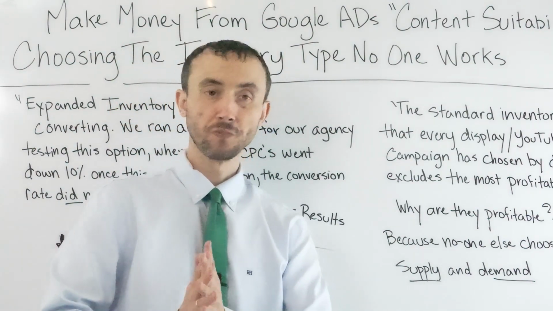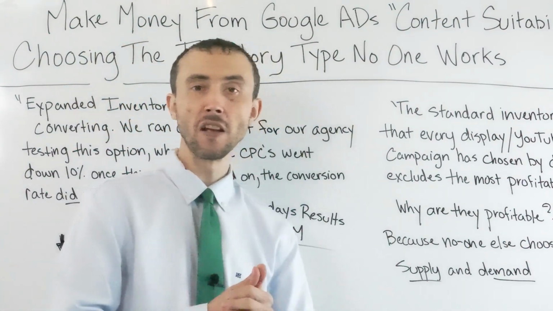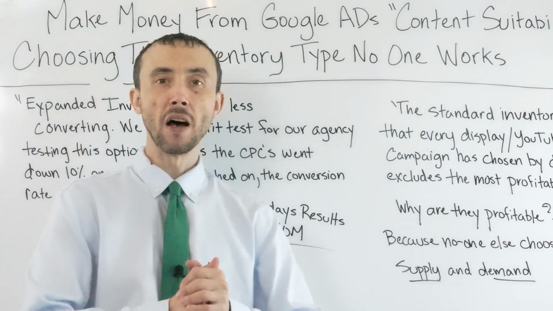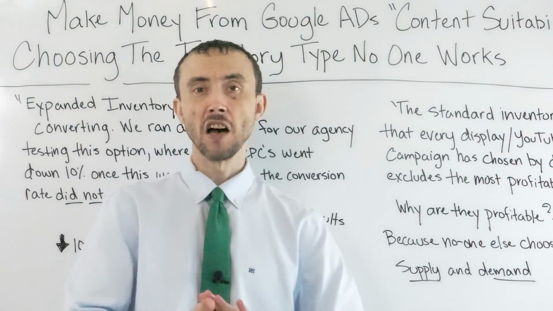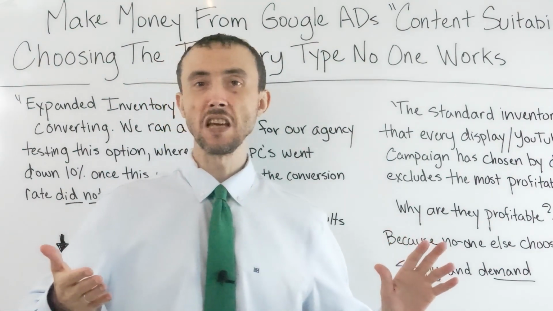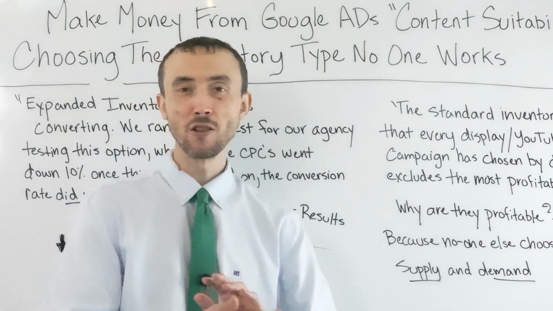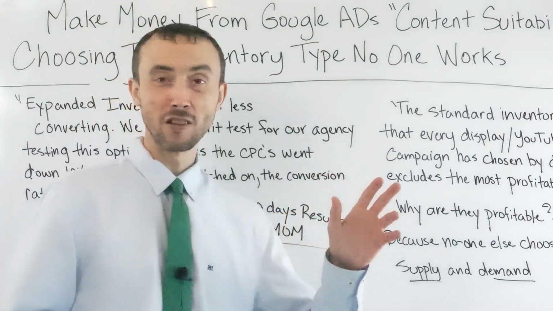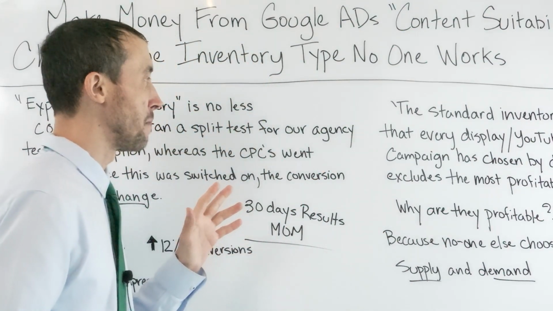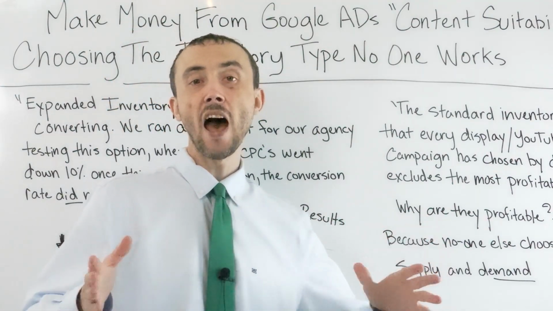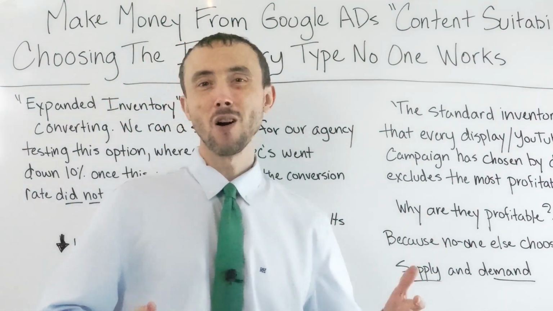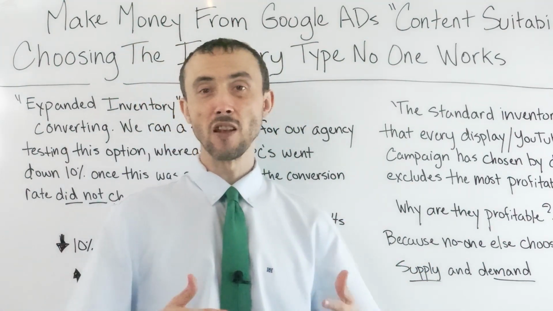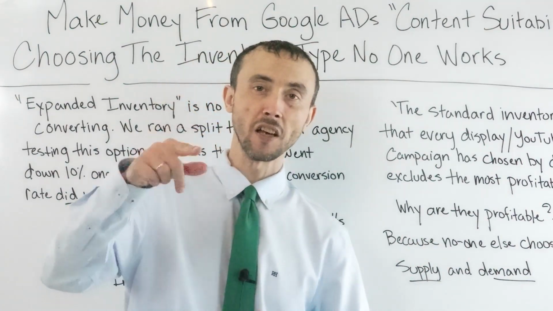Having your ads show up on videos where there's profanity or sexual content, not actual porn, but stuff like chicks in bikinis, whatever, which probably shouldn't even be saying all these words because this video is going to not get the exposure it needs. But with that said, you have your ads show up during those videos, which it's not even that big of a deal. You can get these extra conversions, and all it took was simply going into your campaigns, clicking a single button,